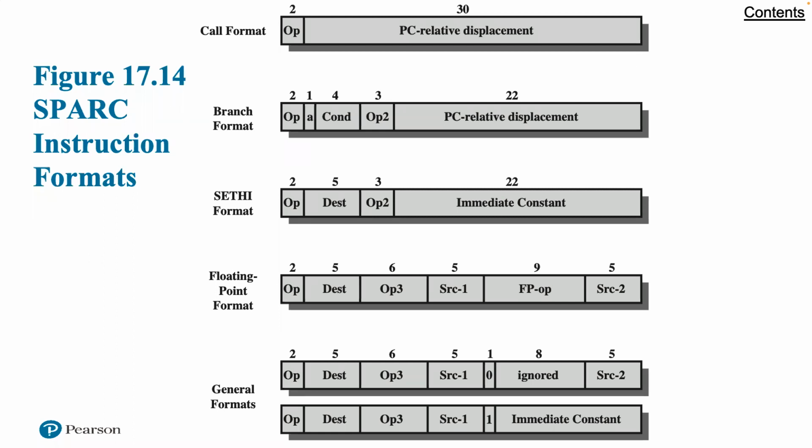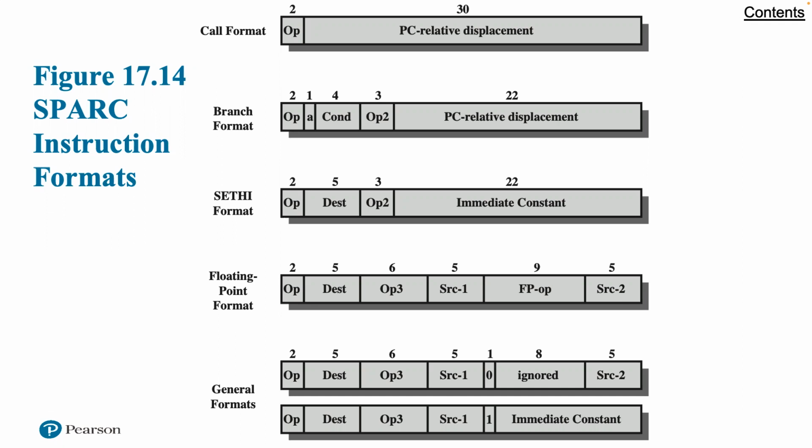So just to finish up there, I was talking about the instruction set. So we have that. I refer you to the text for more details of looking through an example. And then following that, we have the floating point format. And so the floating point format is used for floating point operations. 2 source and 1 destination registers are designated. And finally, all other operations, including loads, stores, arithmetic and logical operations, use one of the last 2 formats shown